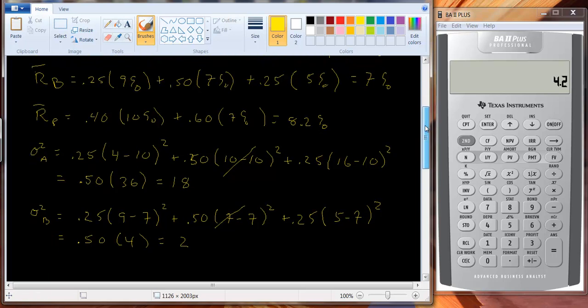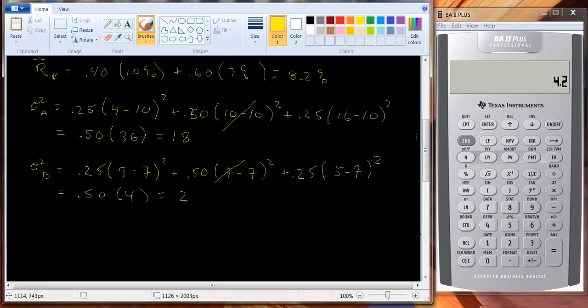Okay, we also need the covariance between A and B. And so let's work that one out. The covariance between A and B, denoted by sigma AB, is going to be the probability we're in the first state of the world, and then you're going to take the value of A in the first state minus its average value times the value for B in that state of the world minus its average value,